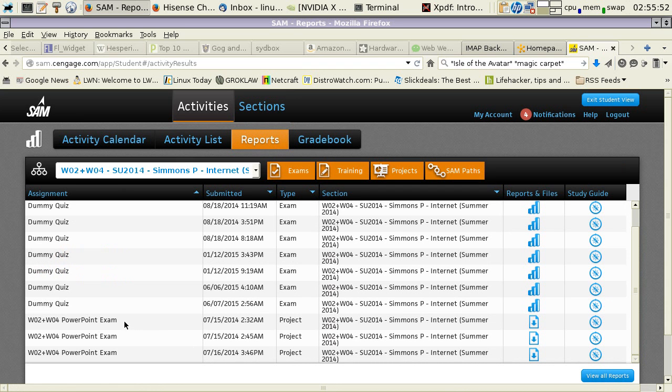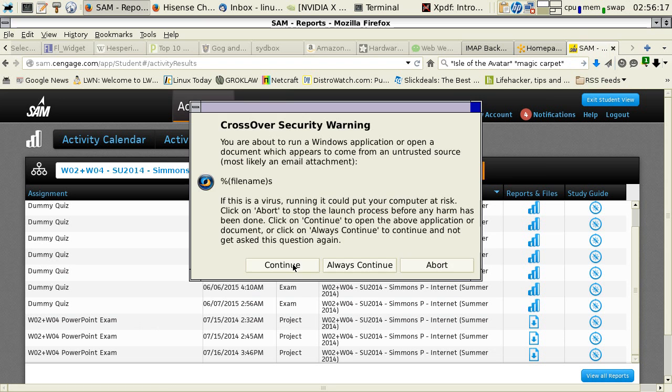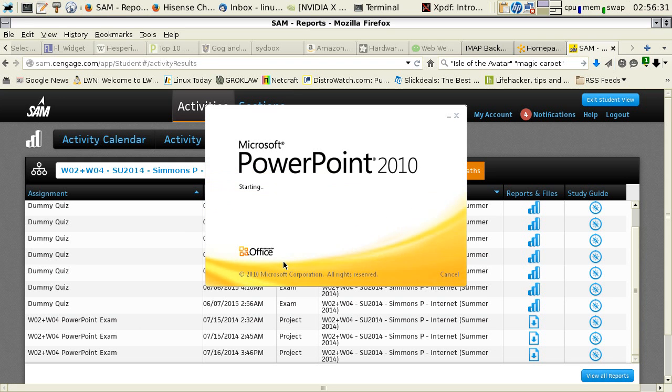Finally, this PowerPoint exam here, you will typically have 5 attempts for a PowerPoint exam, and once you've submitted an attempt for your PowerPoint exam, it'll show up here after a few minutes. And you can download the report here, and it will actually open the PowerPoint program. If it's for Excel or Access, it'll open that program instead. And you get to see